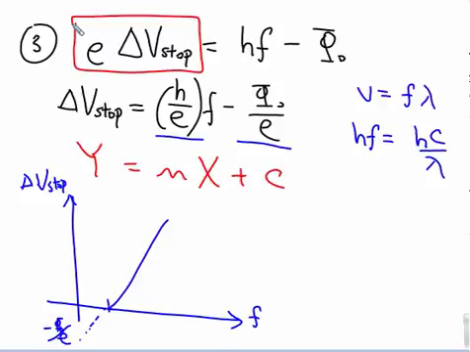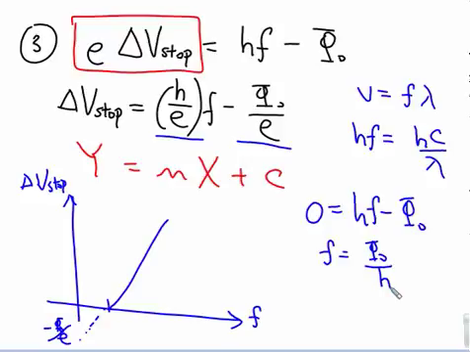And so mathematically, if we put V stop as 0, we have 0 equals HF minus phi naught. So F at that point is given by phi naught divided by h. Now, because no photoelectrons are emitted at that point, we can say that this is actually the threshold frequency. So the horizontal intercept in this graph is actually the